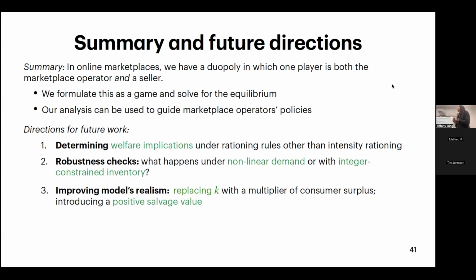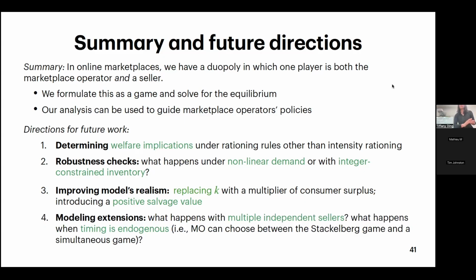Even when the marketplace operator buys inventory for the sake of inducing the independent seller to compete, currently in our model that inventory is not sold and has zero value, but in practice it does have value because you can sell it in the next period for a lot of products, unless it's